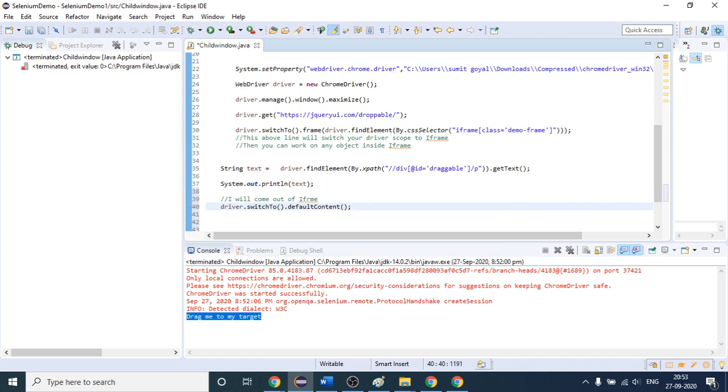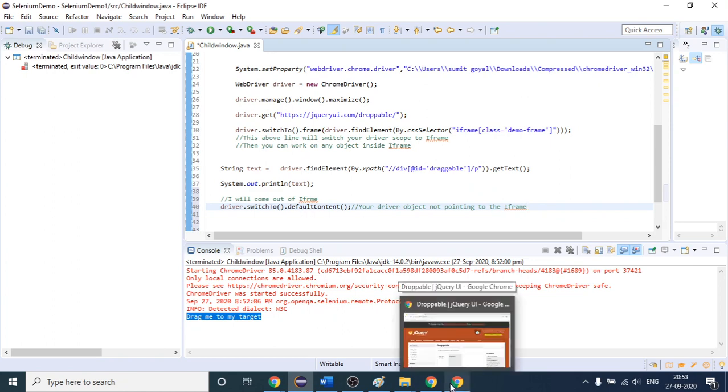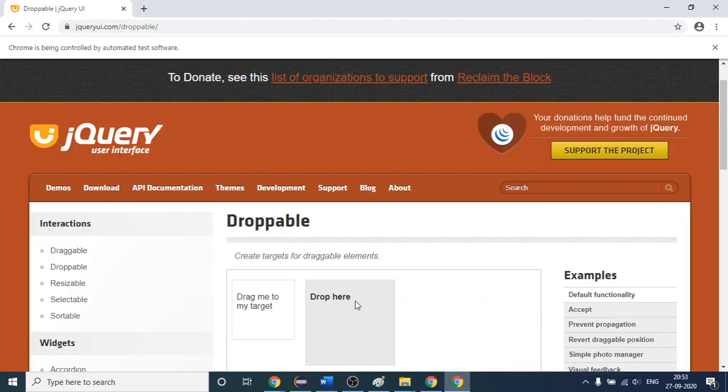If you write like this, what will happen? Your driver object is not pointing to the iframe anymore. So after that, if your driver will not switch, if your driver is not coming to this iframe,